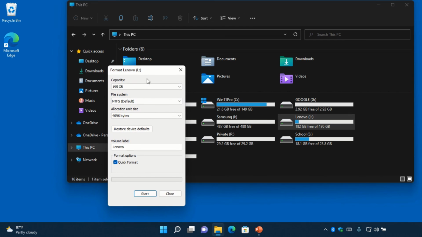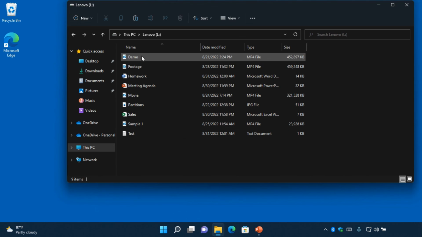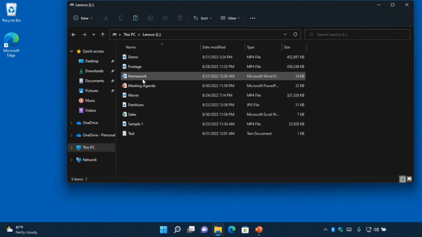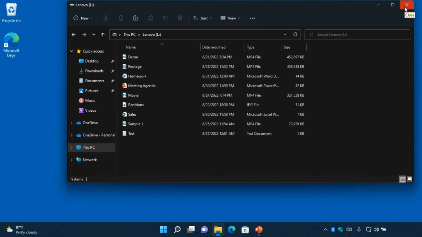And from here, you choose NTFS and you click start. But the problem with the format, if you have any files existing on L, if I double click, you see I have some files. So if I format, I will lose them. So this is the nice thing about convert, that you can convert the partition from FAT32 or FAT16 to NTFS